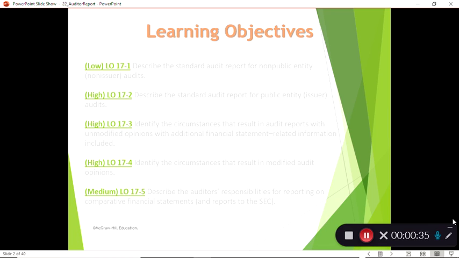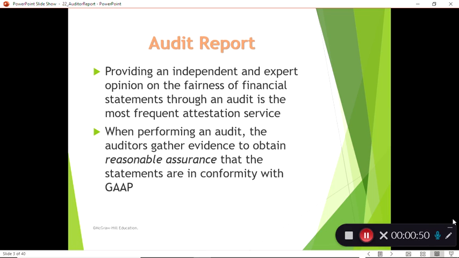Essentially, we're going to be going through the standard audit report, and then how and in what circumstances do auditors make changes to that standard report. And so, what is the audit report ultimately? It's